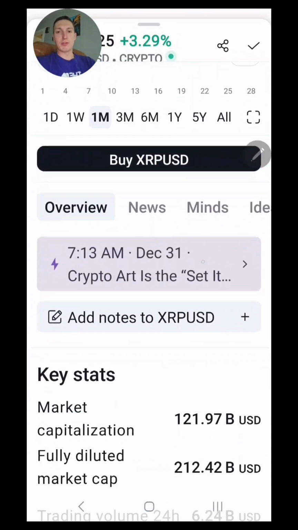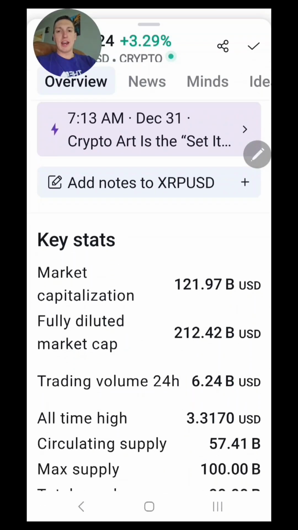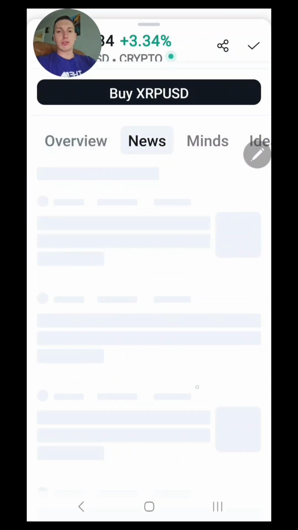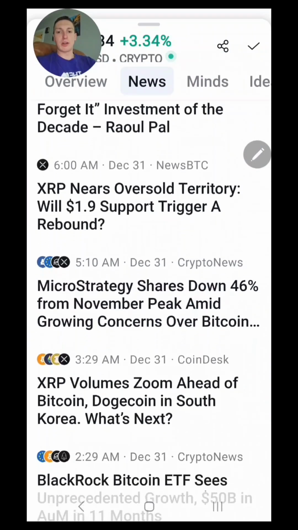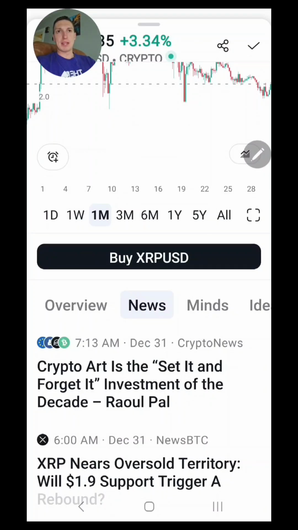This is your coin overview. All of your news and stuff is going to be right here, in this little purple window. You can click that and get all of your articles to read up on what's going on, the most current news. I do definitely recommend being picky about where you get your news from, especially in crypto, because there's a lot of